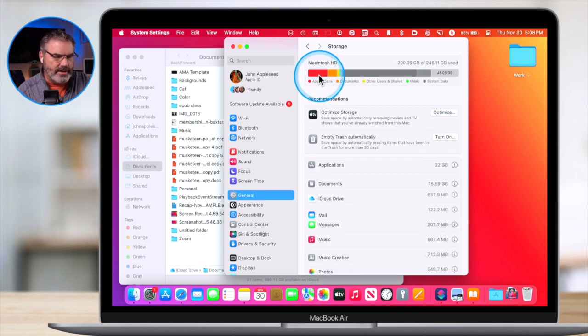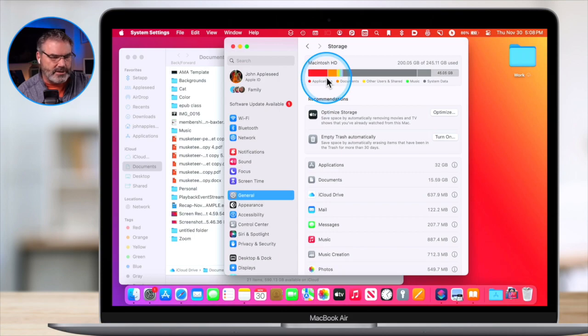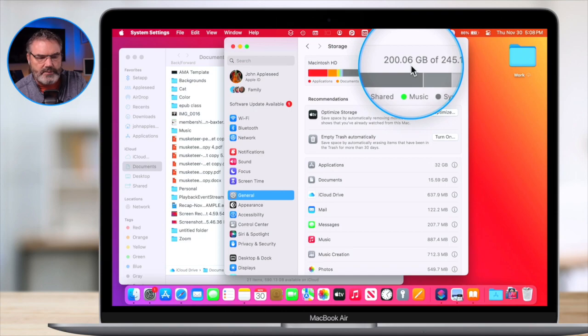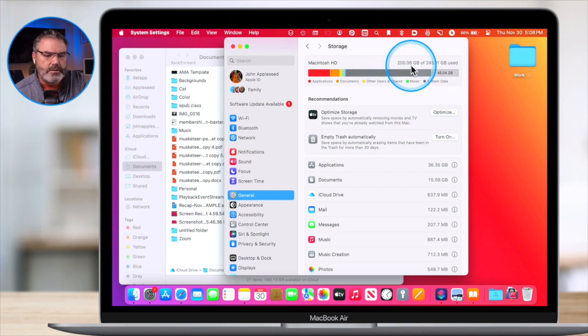It took a few seconds there, but you're going to see that this is a 256 gigabyte hard drive, and I'm using 200 gigabytes out of it. And you do want to have about 20% free. So I'm getting right close to the edge of where the Mac is going to be comfortable. If I got to 220 gigabytes, I could possibly start running into problems, but I'm pretty good right now.